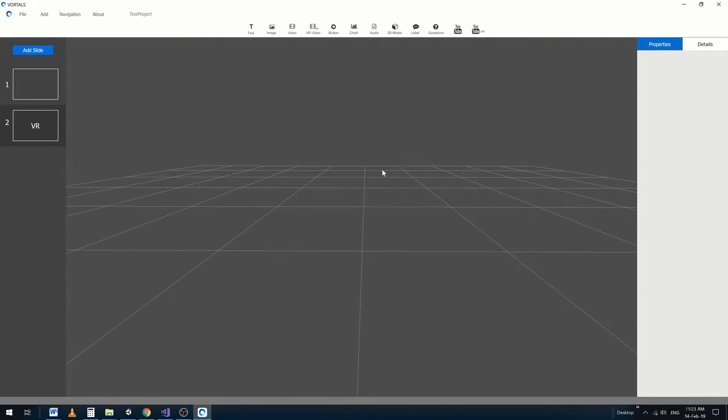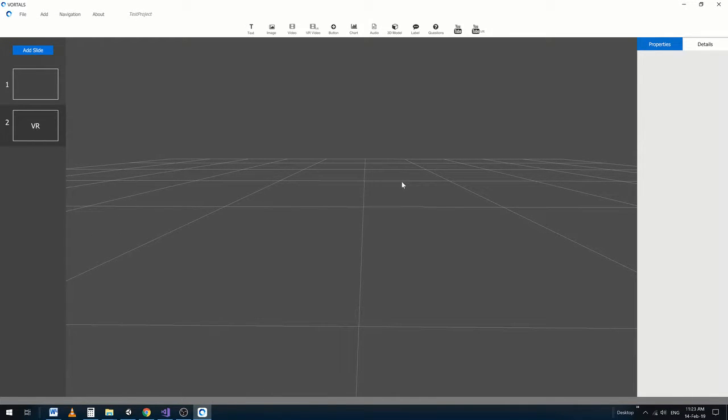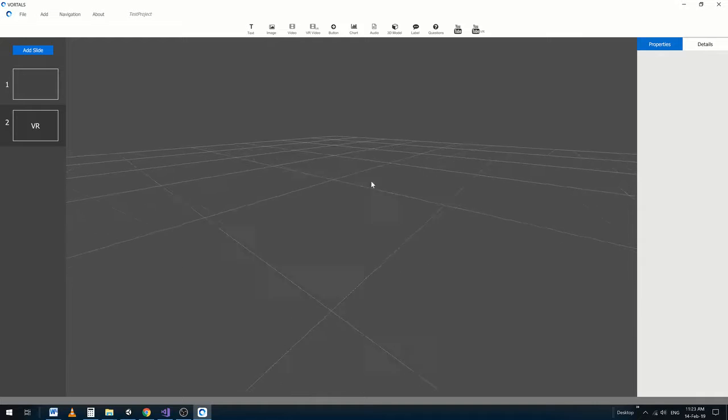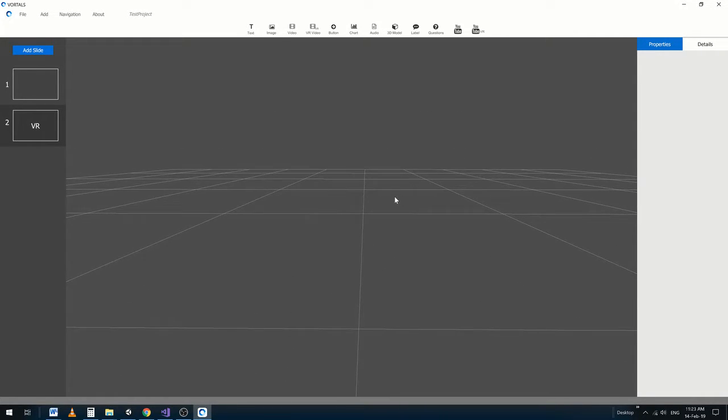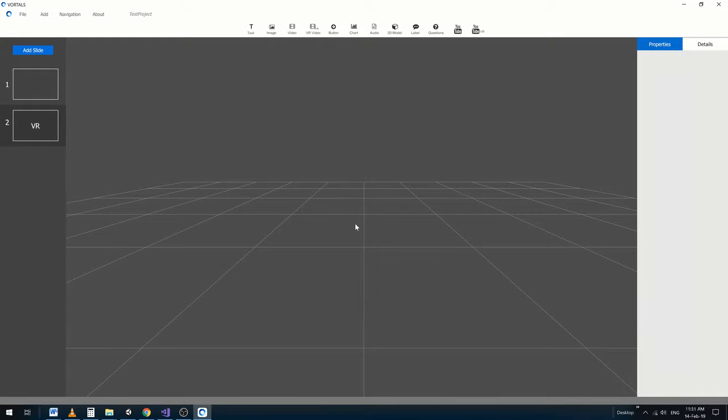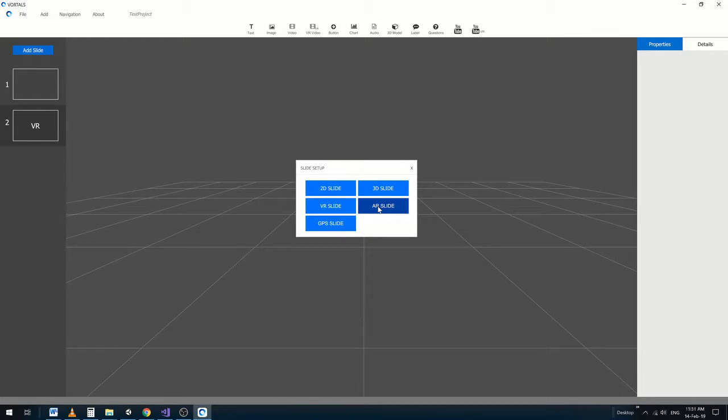So it might take a little bit of practice to get used to the 3D environment, but once you're used to it, it'll be very simple to navigate around and interact with the objects. Now, if I want to add an augmented reality slide, I come back up to Add Slide, and I click